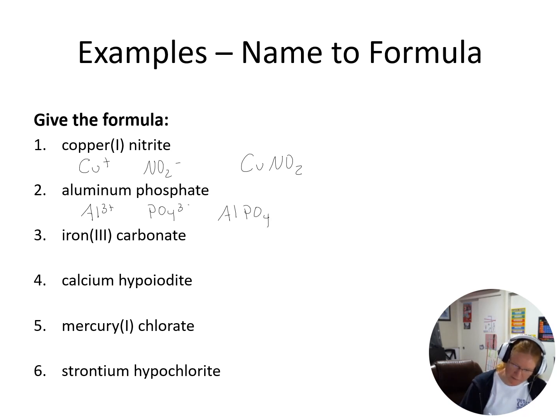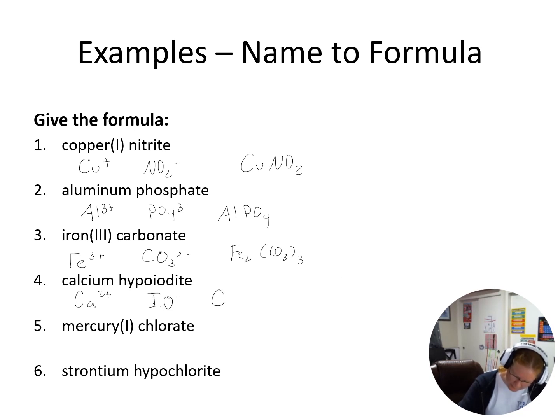So there's our aluminum phosphate. Okay, iron 3, and then carbonate. So we should get, there we go. So we get 2 of our iron 3s and 3 carbonates. Let's see our calcium hypoiodate, calcium, and then it's just IO minus. So you're going to get